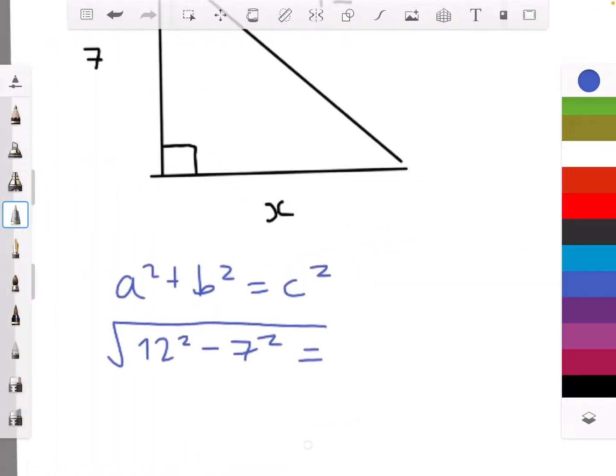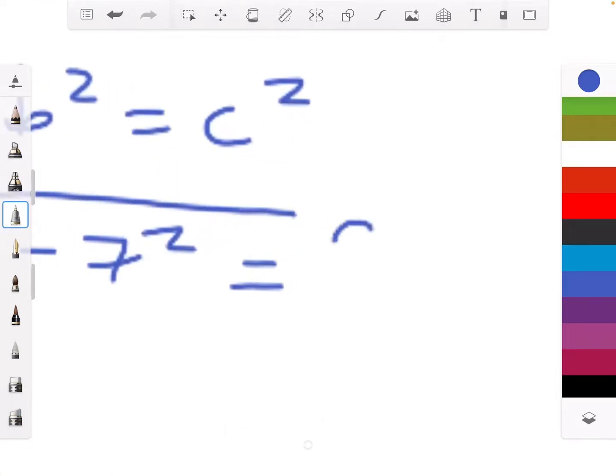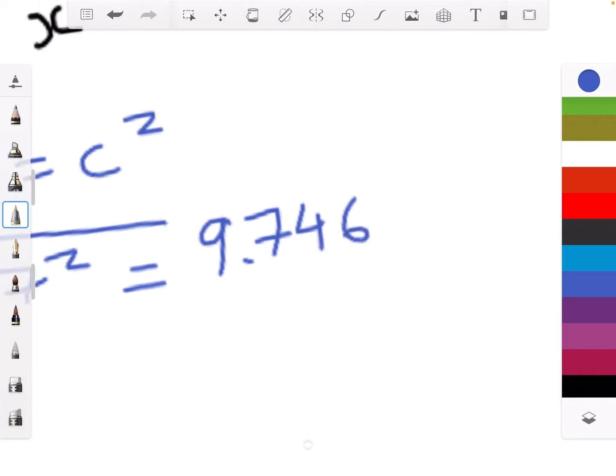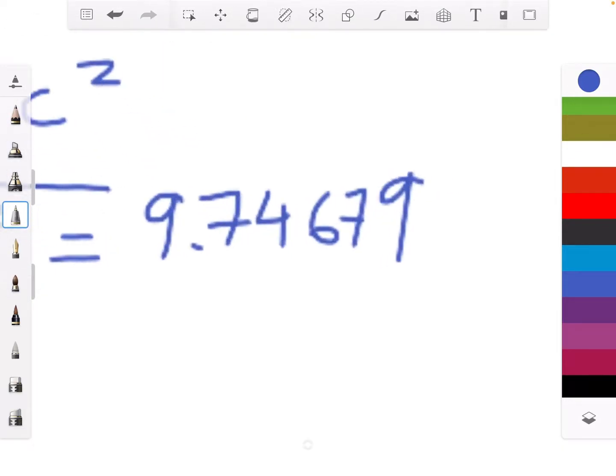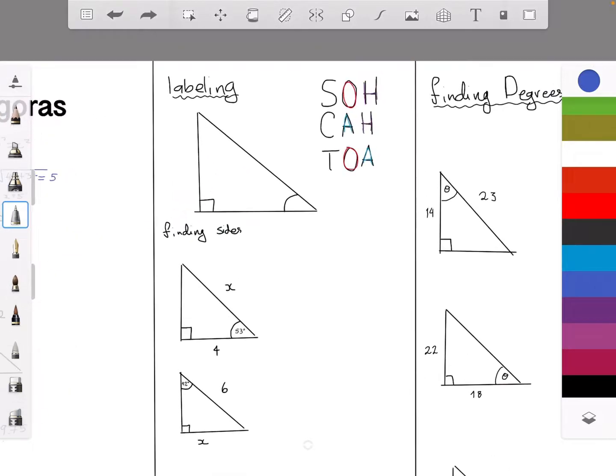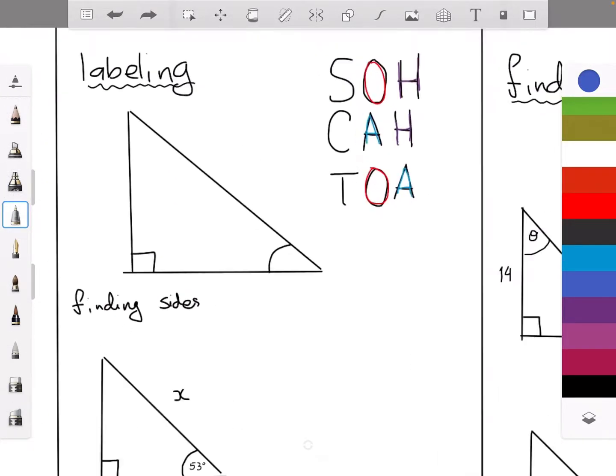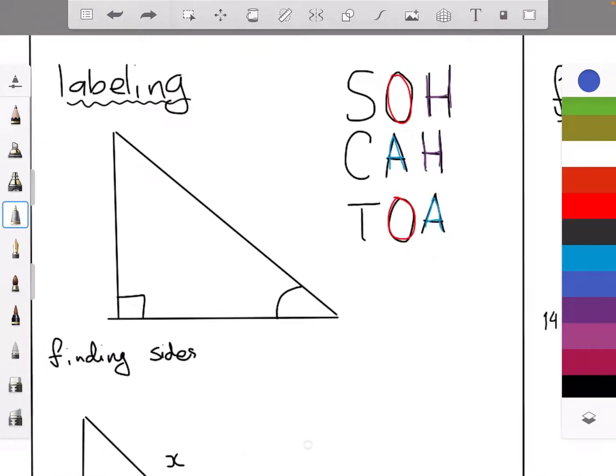Just like this. Here you would result in 9.74679. However, in IB you have to have 3 significant figures. So it would be 7.5. And now we'll move on to the trigonometry part. Okay, so first you need to know how to label